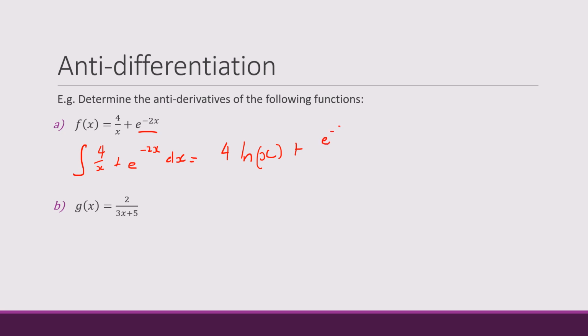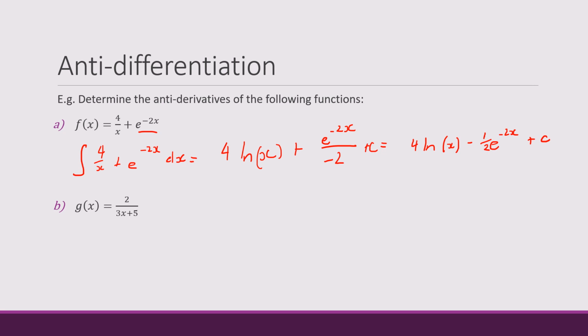That's an exponential, so it stays the same, but divide by the derivative of what's in the power, negative 2. So when simplified, that will be 4 natural log x minus 2e to the negative 2x plus c. Sorry, that should be half, not 2. Half